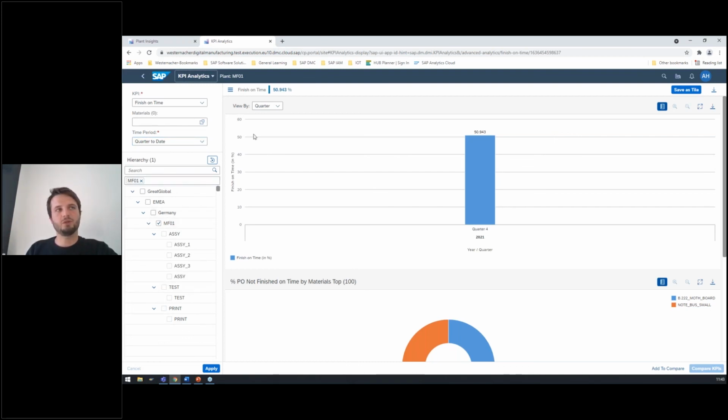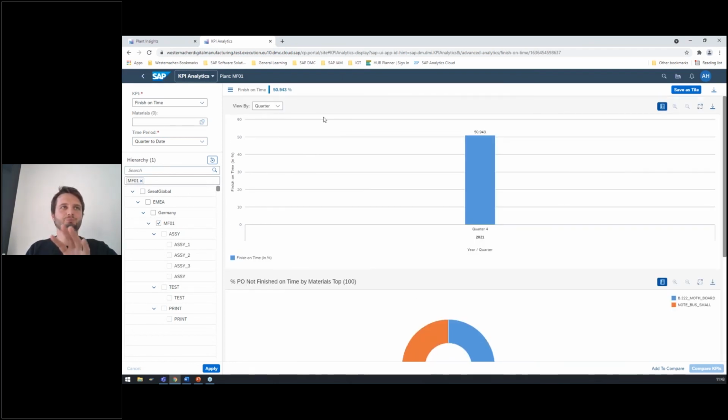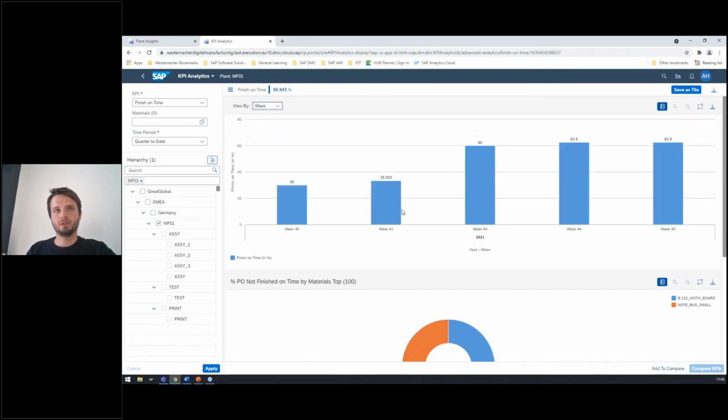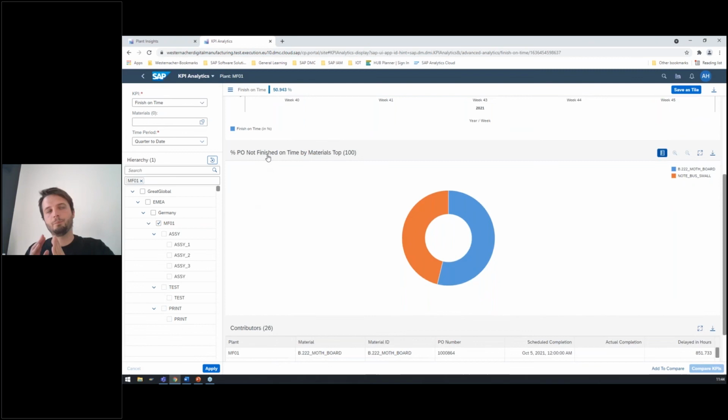And on the left-hand side, we have the hierarchy again. And here we have more detailed information. So we can, for example, view our data. Now it's quarter, so we only have one data point because we have the time period quarter to date, and we have selected view by quarter. And if we would, for example, take a week, we could view the finish on time per week. What we have at the bottom here is the production orders that have not been finished on time by